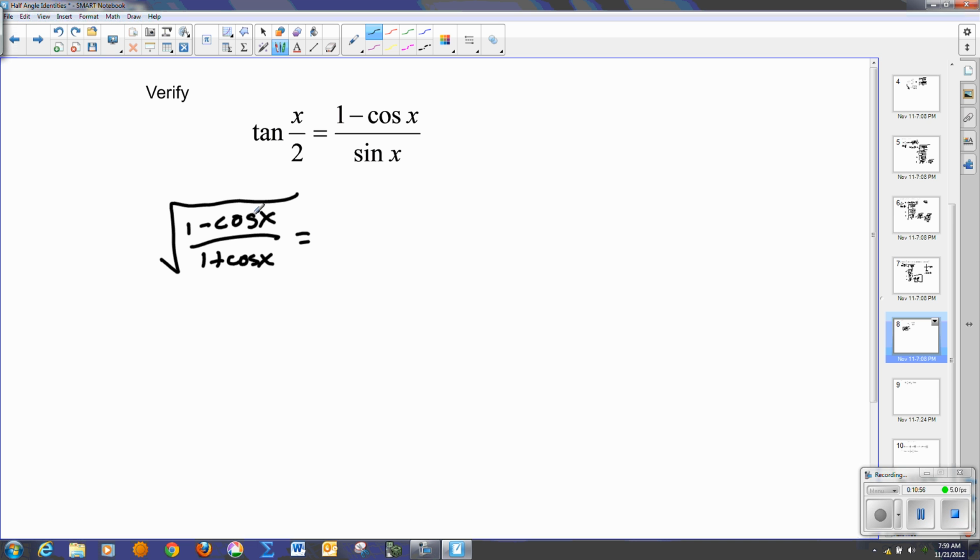And notice, coincidentally, that I have 1 minus cosine of x in my identity and the square root of 1 minus cosine of x. Well, I'd like to keep this on top. Now, the only way to do that without changing the value of this is to multiply by some form of 1. So what I'm going to do is I'm going to say, all right, well, if I multiply a radical